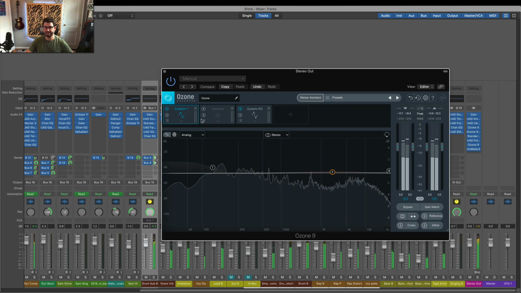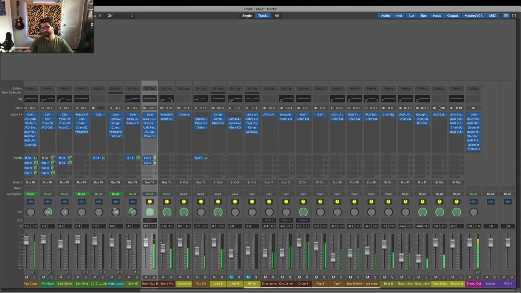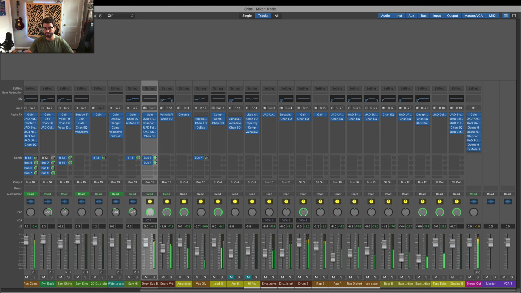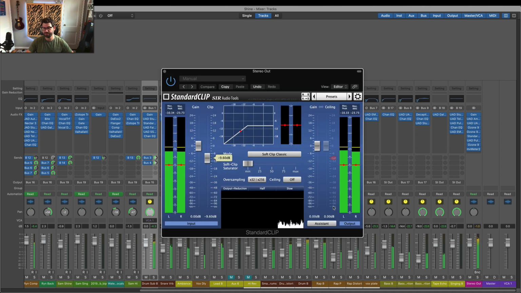Then we're taking out some harsh frequencies. Using some compression to glue everything together. And a little bit of limiting to clip any really out of the way bits, which aren't really any.